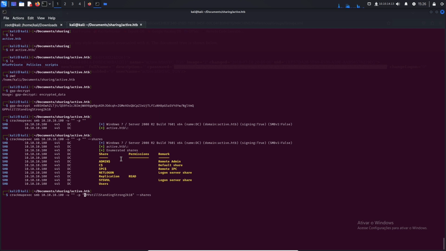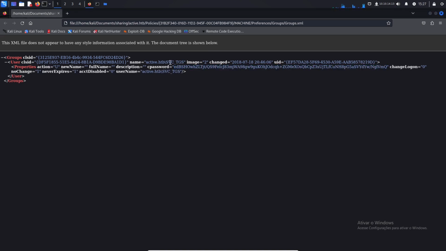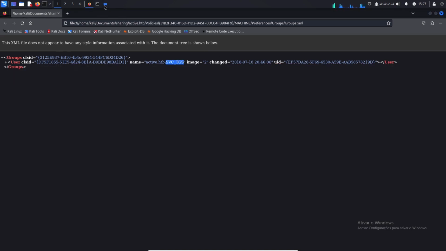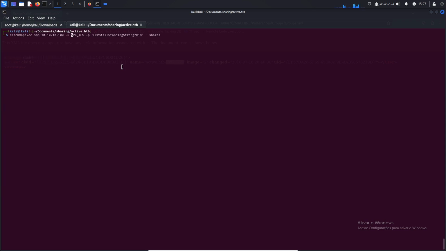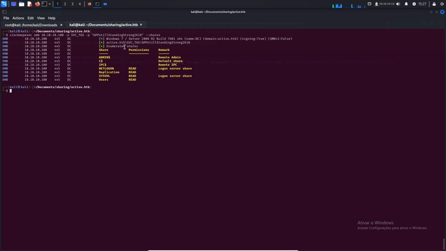Okay, double quotes, and here I have to pass the username. Let me copy it here. I will remove this, it's not necessary. Ctrl L to clean the interface here, and I will hit enter, and let's see if the credentials are okay. Yes, they are okay. We can access the file sharing, the credentials are valid,